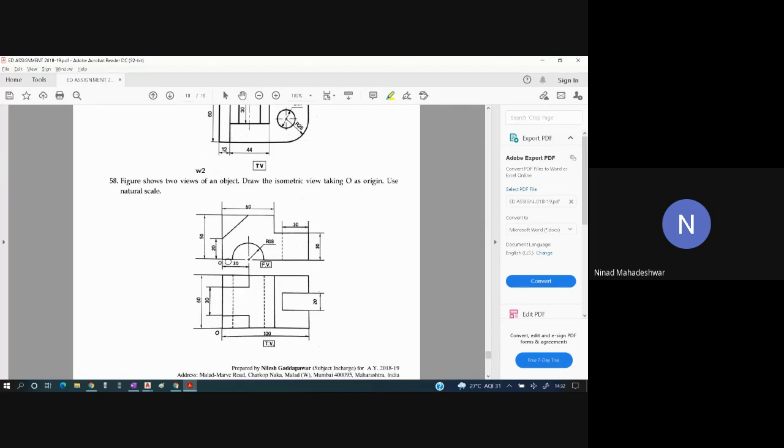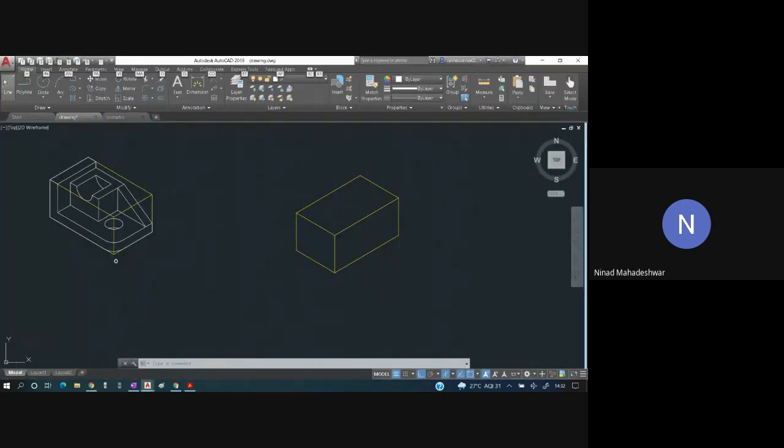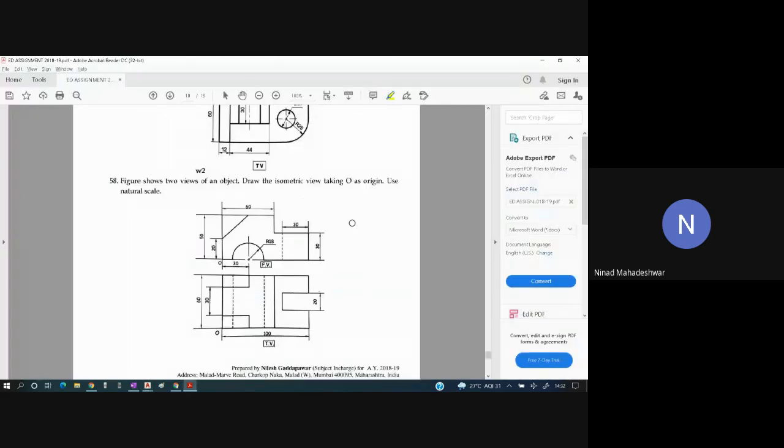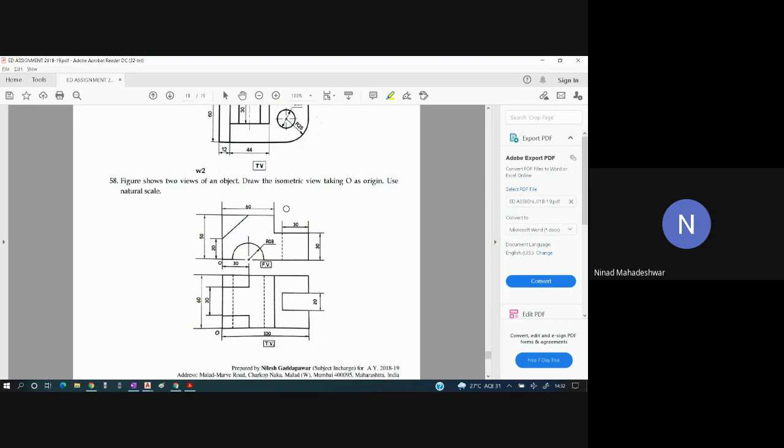So this is a line. From here I'll go up by 20 mm, beyond that also 30 mm, towards the right it should go by 60 mm. It should go down over here. How much is this length? Can anyone tell me?